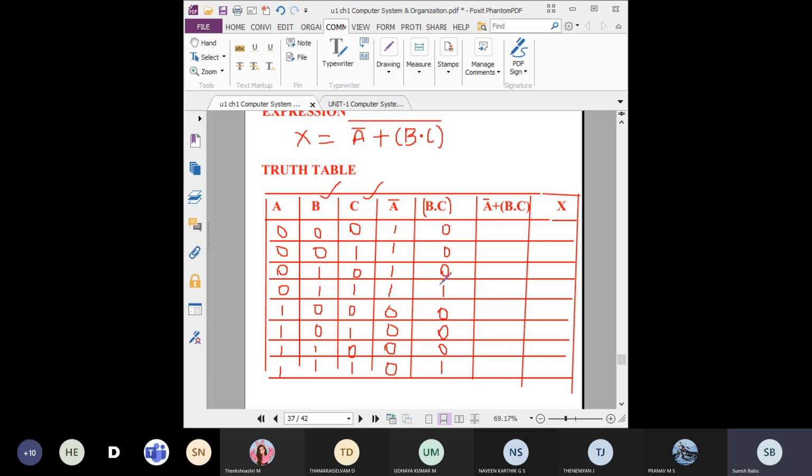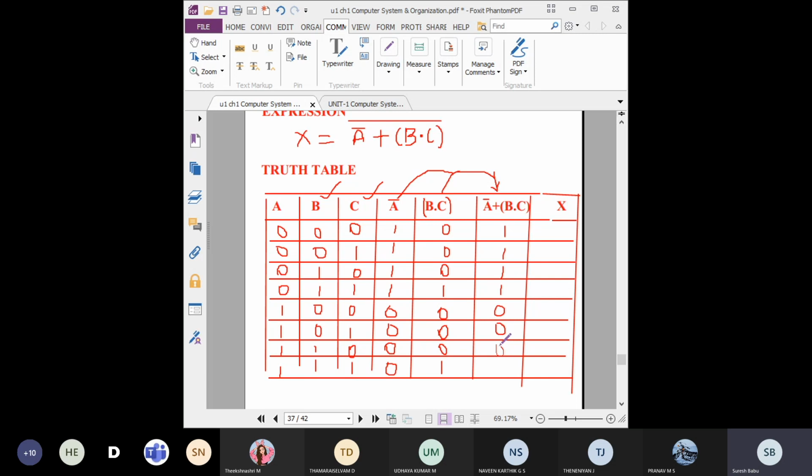Very good. Now the next column, A bar plus B dot C. Here I used the OR gate. Your inputs are this column and this column. These two you do the OR gate to find this column. Now tell me the OR gate result. At least one true is needed to get the output true. Just consider these two columns. Students, tell me. 1, 1, 1, 1, 0, 0, 0, 1. Yes, very good. So 1110 0001.